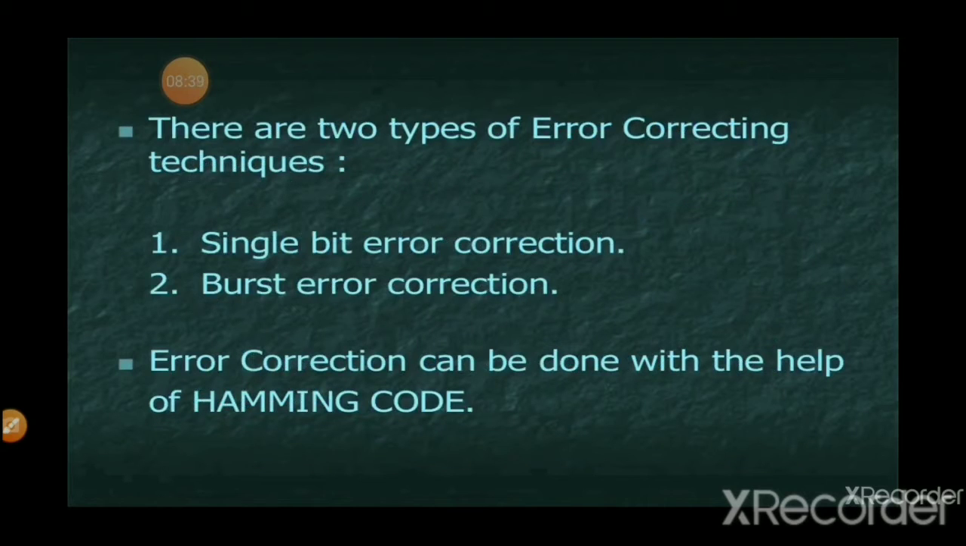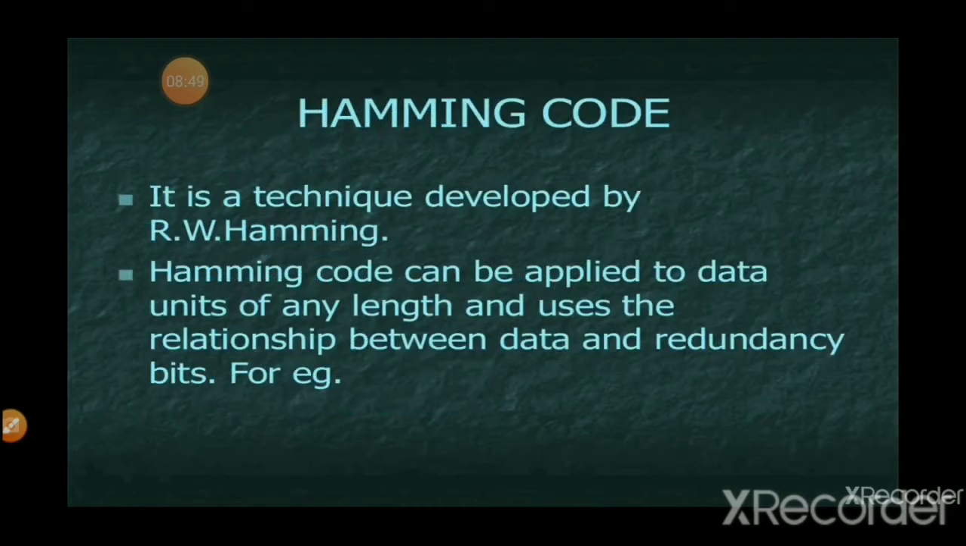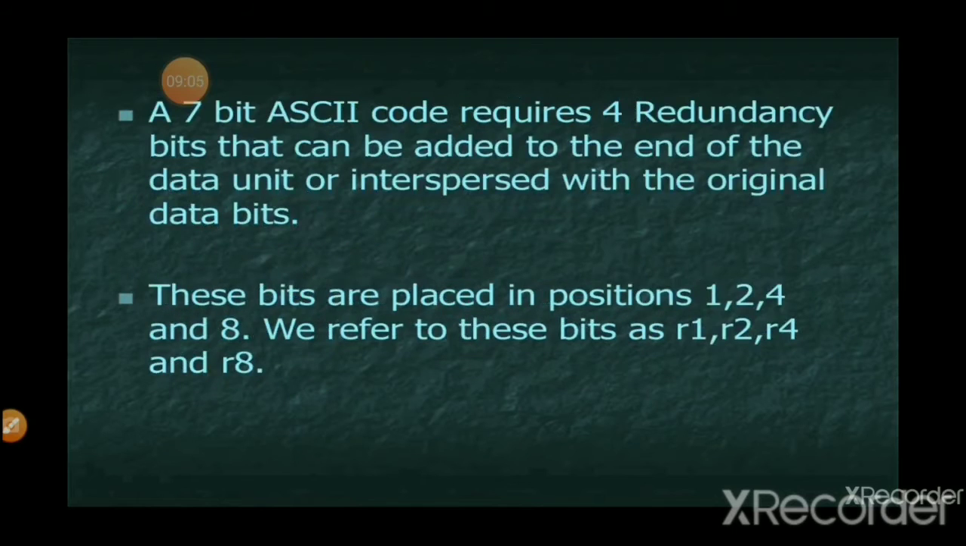There are two types of error correcting techniques: single bit error correction and burst error correction. Error correction can be done with the help of Hamming code. Hamming code is a technique developed by R.W. Hamming. Hamming code can be applied to data units of any length and uses the relationship between data and redundancy bits. For example, a 7-bit ASCII code requires 4 redundancy bits